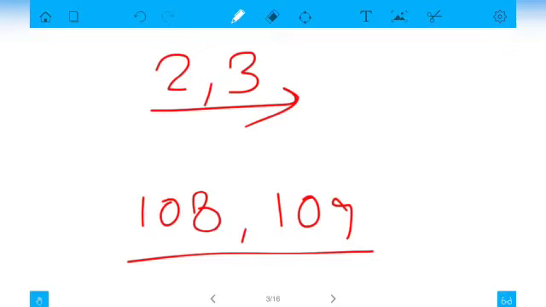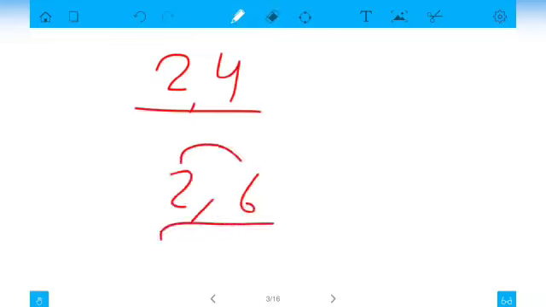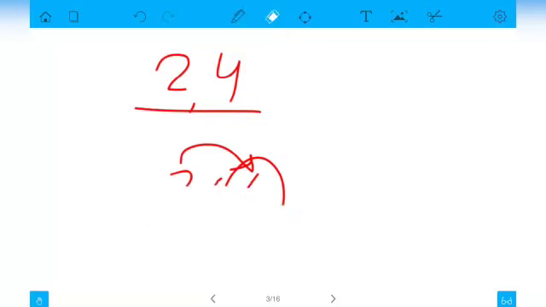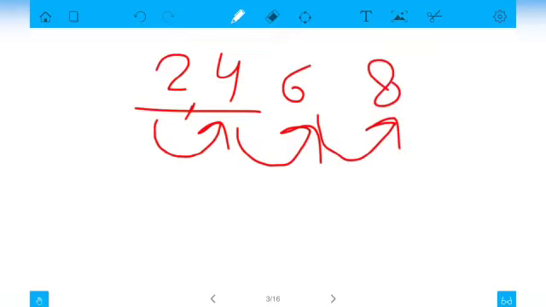So when I say what is the consecutive even number of 2, because 2 is even, what will be the next even number? You will say just 4. You can't write 6, because 6 is not the consecutive even number of 2. If we are talking about even numbers, after 2, 4 will come. What is the consecutive of 4? You will say 6. What is the consecutive even number of 6? You will say 8. So this is how it works.